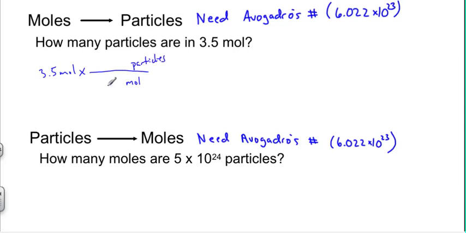How many particles are in 1 mole? There is 6.022 times 10 to the 23rd particles in 1 mole. And so I'm going to run this in my calculator, and it's always important to put this in parentheses in your calculator so the order of operations doesn't get off. So it's 3.5 times 6.022 times 10 to the 23rd particles, and my answer I get is, and then moles is going to cancel here, and I get